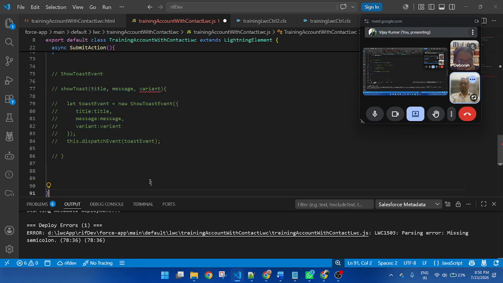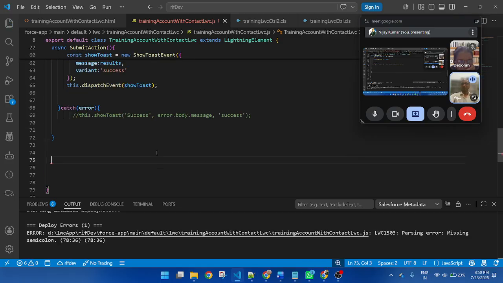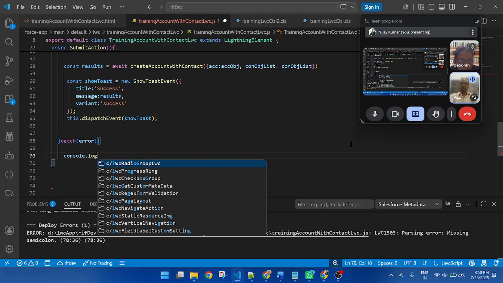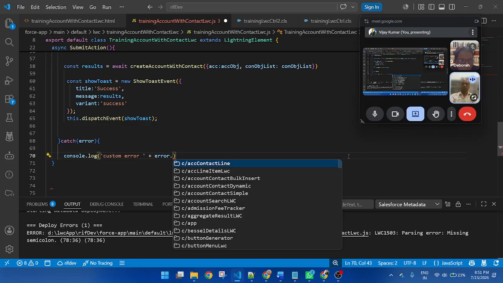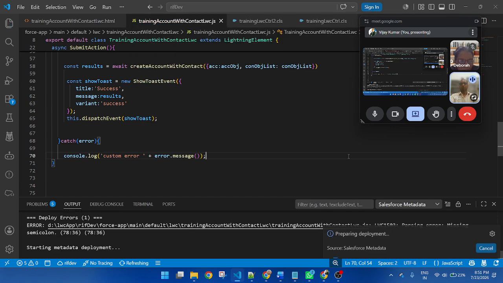Display the toast message directly here. Console.log in the catch block: console.log error, custom error.body.message. And you can use the error.message function. Now deploy the code.